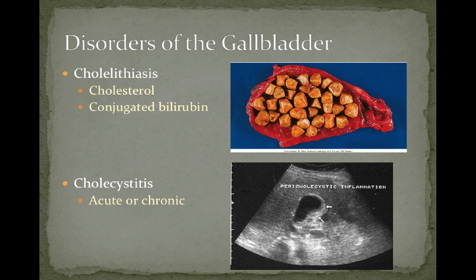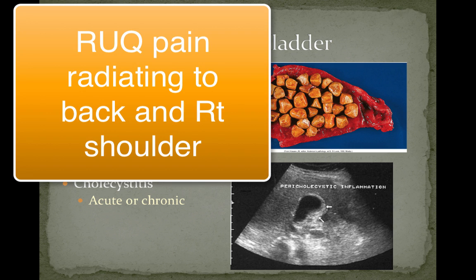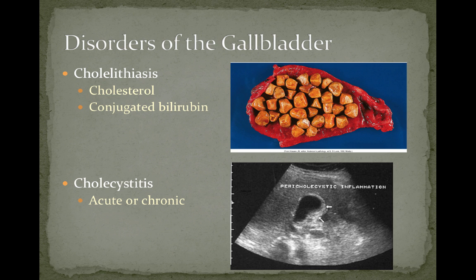The pain from cholelithiasis usually starts 30 minutes to an hour after eating a fatty meal. And so what happens, again, is stones get lodged in the common bile duct. And usually you will have right upper quadrant pain, and that pain will radiate to the back and the right shoulder. And if the patient is jaundiced along with cholelithiasis, that's usually indicative that there is a stone in the